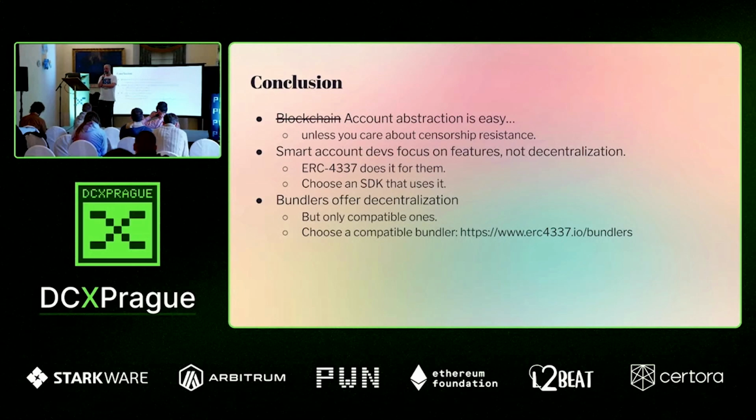So in order to get censorship resistance, they could just use an SDK that makes full use of ERC-4337, and then they get censorship resistance for free. But this free censorship resistance actually is provided by the bundlers. So it only works if you are using a compatible bundler, which unfortunately not all bundlers at the moment are. So if you are going to run a bundler, you should pick one from the list. There's a list that gets generated by the tests, and it shows you which ones pass the test. So you should choose one that is compatible. And then soon when the mempool, the peer-to-peer network comes up, it will be able to participate and get the full benefit of it. Right, and